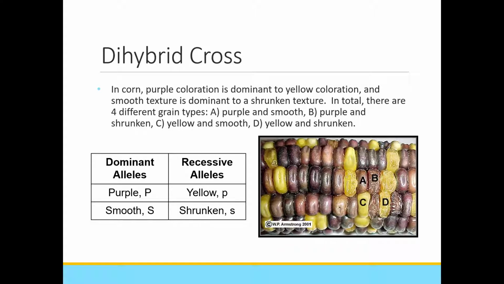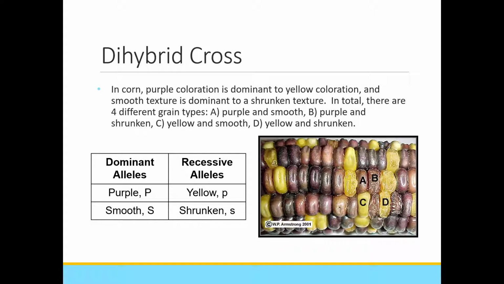So note the difference between the dominant alleles and the recessive alleles. The dominant alleles are going to likely be more numerous than the recessive alleles. That's not necessarily always the case, but dominant alleles are expressed in the presence of a recessive allele. So the only way recessive alleles are going to be expressed is if you have 2 recessive alleles for that